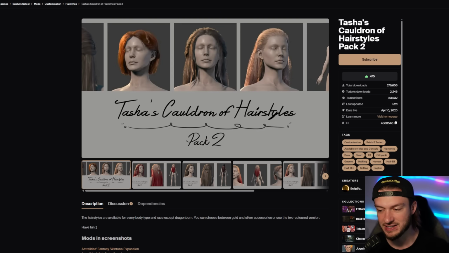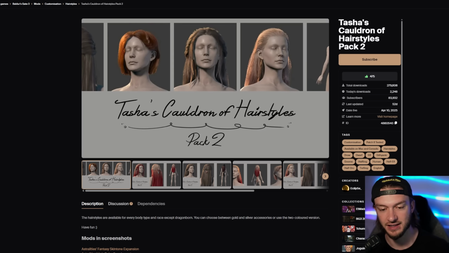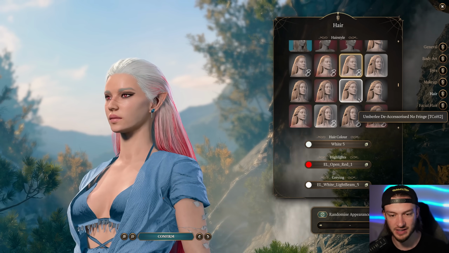And next up is the Tasha's Cauldron of Hairstyles, Uno and Dos. So you got 1 and 2 with this. This is a mod made by Tasha Weeds, ported by Eclipse here, and it adds a lot of hairstyles to the game. So yeah, we'll just quickly go through some of them here, because again, this is another mod with